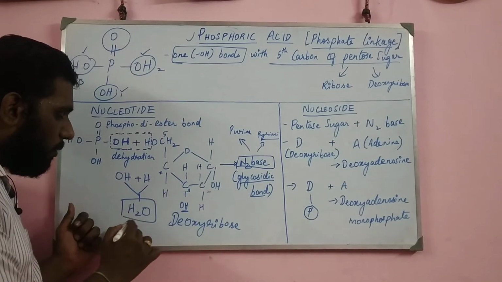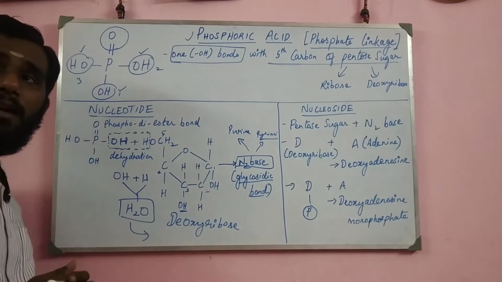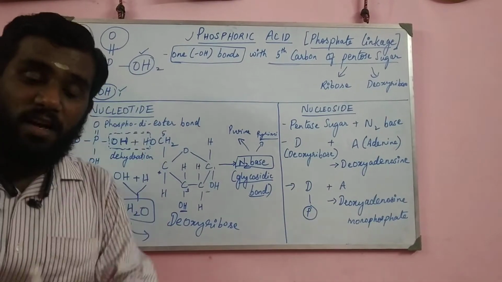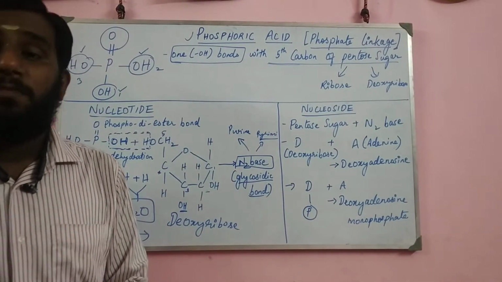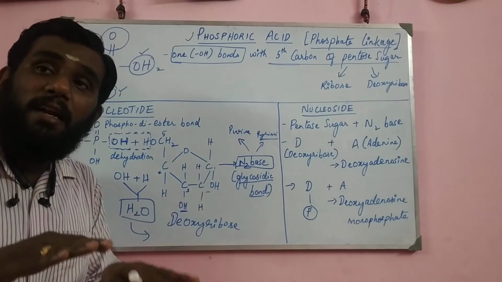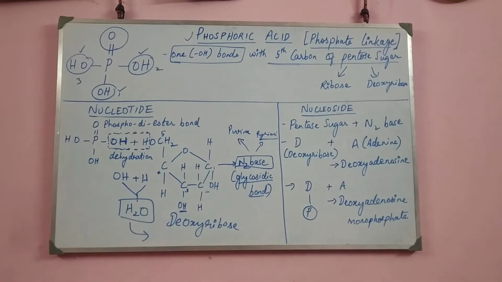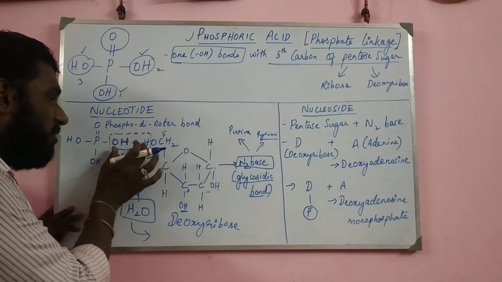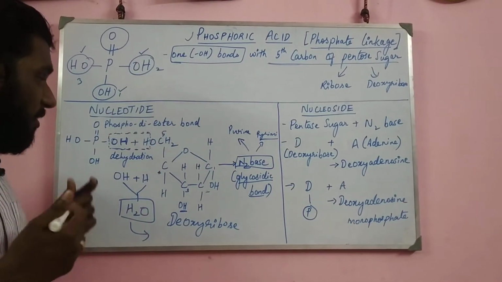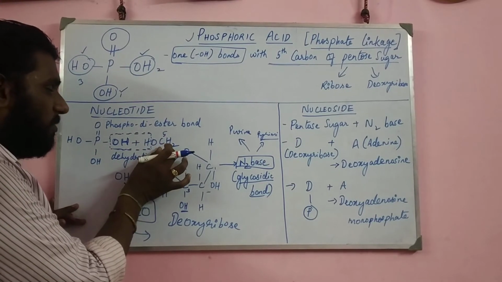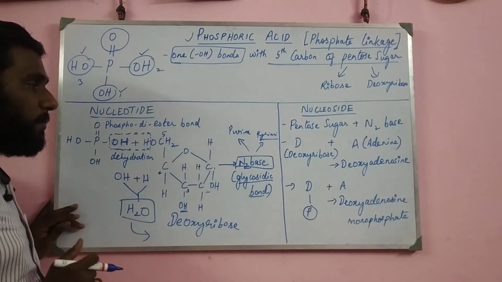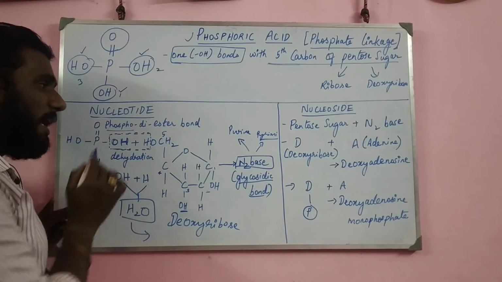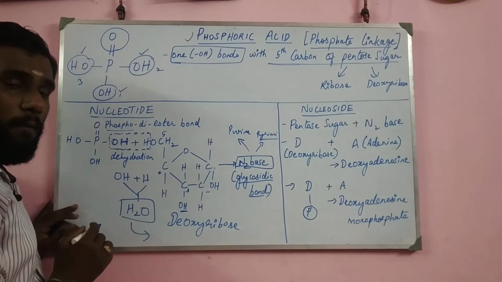So the water molecule gets completely eliminated, or in simple terms, the water moiety gets reduced to 0. When it is completely reduced to 0, this H2O will get eliminated. If H2O is getting eliminated, this OCH2 will be bonded with the phosphate, and that kind of a bond that is formed between this phosphoric acid and the sugar molecule is called a